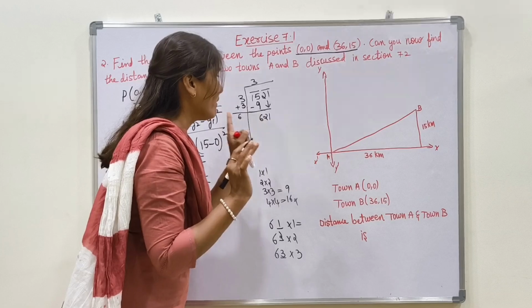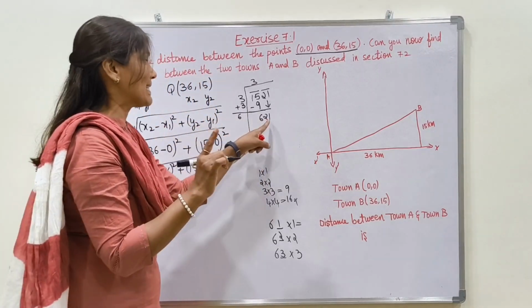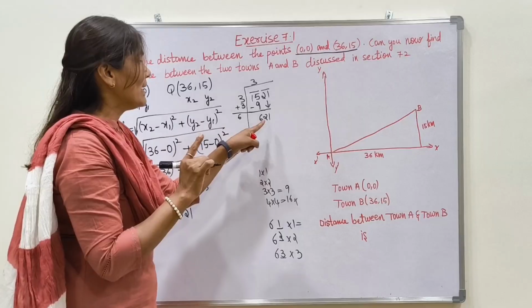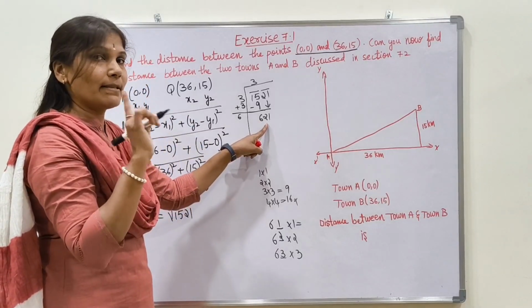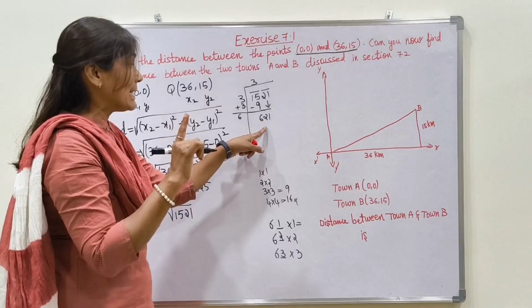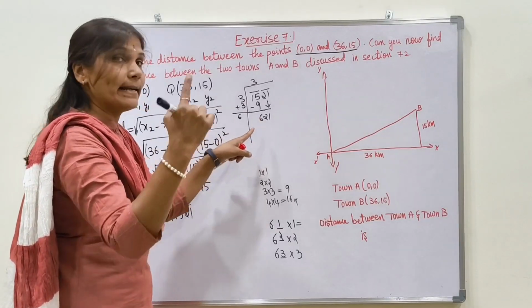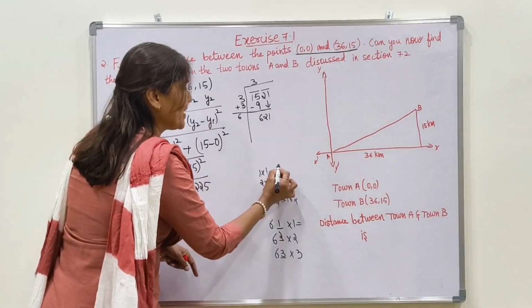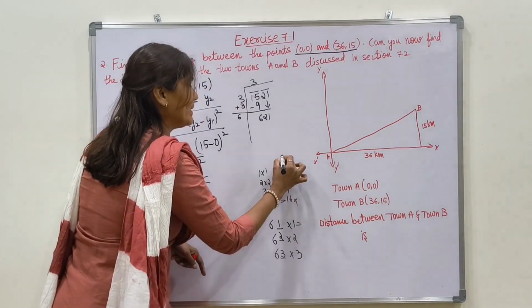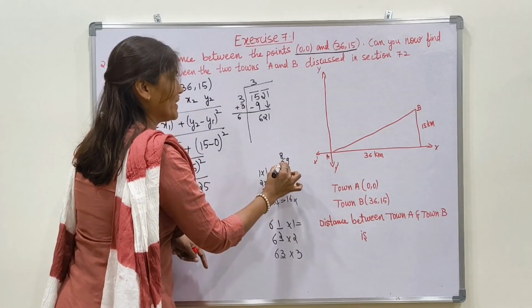Here 621 is there. We will use our brain. What is the last number? 1 is there. What is the chance? 9 nines are 81. 1 ones are 1, so 61 ones are not possible. One more chance is 9. 9 nines are 81. So we will take 69. We will see, 69 into 9. 9 nines are 81, 9 5s are 45, 9 6s